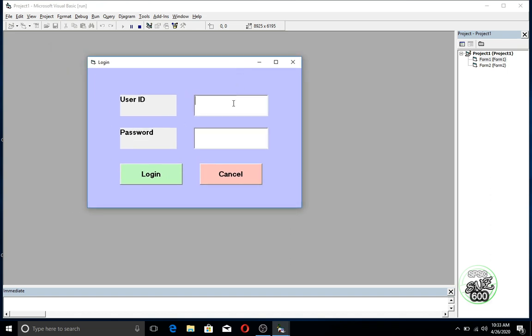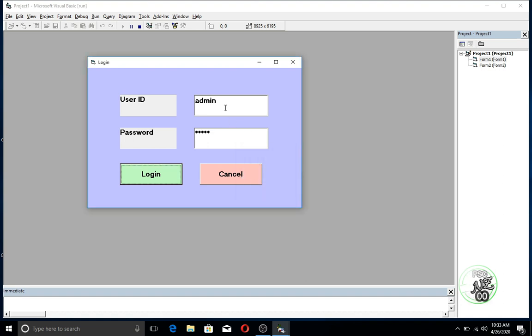I'm writing the user ID as my name, and giving the correct password 1234, asking for login, sorry, try again. So clicking this button, I'm giving the correct user ID, and for the password I'm changing, making it 12345 and asking to login, sorry.